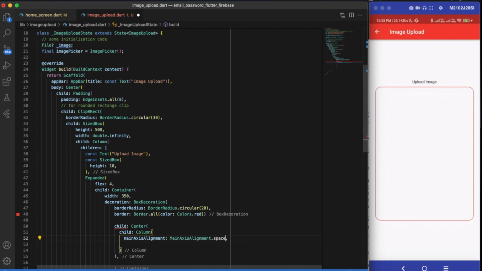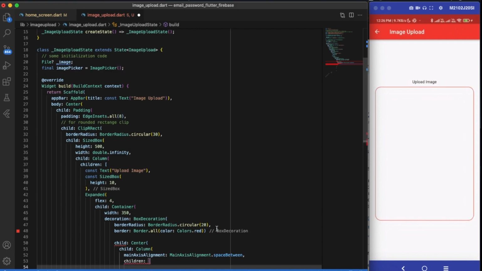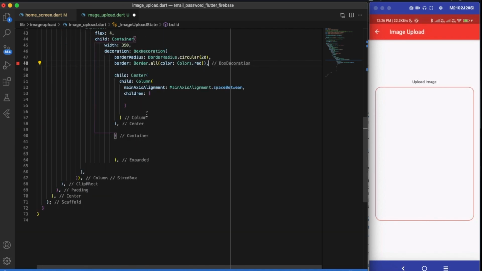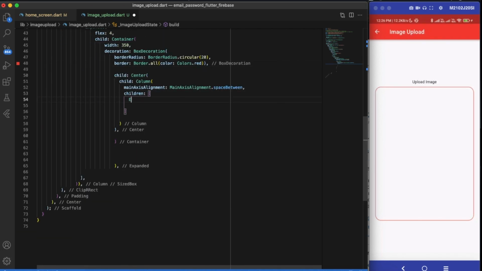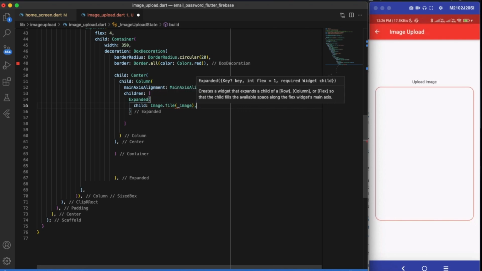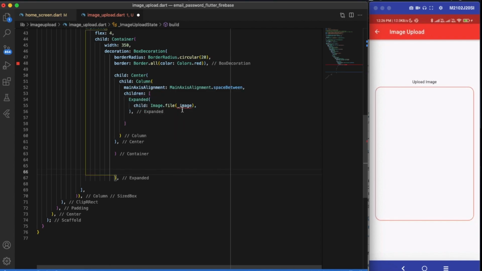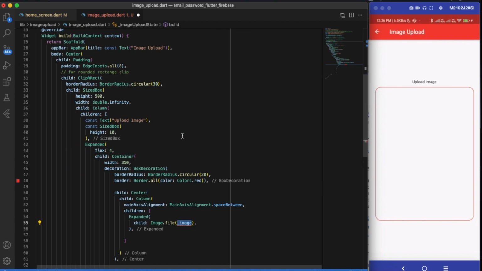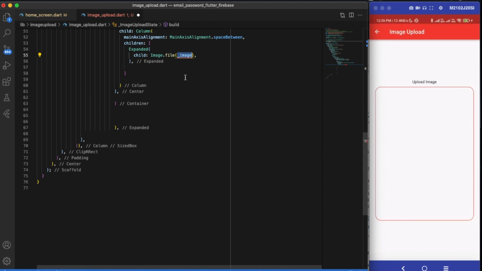This will be space between, and children, and our children would be our Expanded with our image.file. Now as we don't have the image for now, this also needs an exclamation mark for null safety. Okay, it will be here.